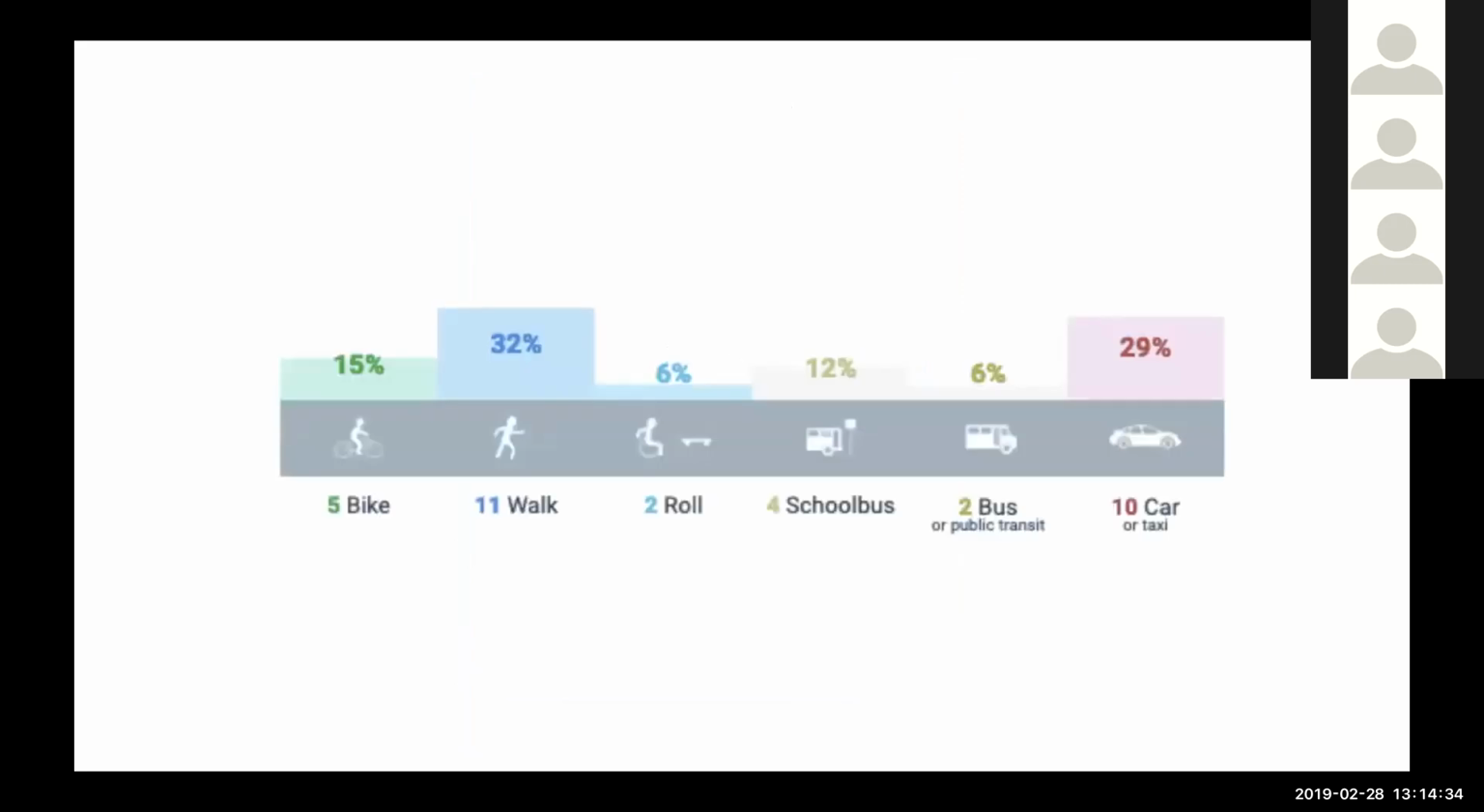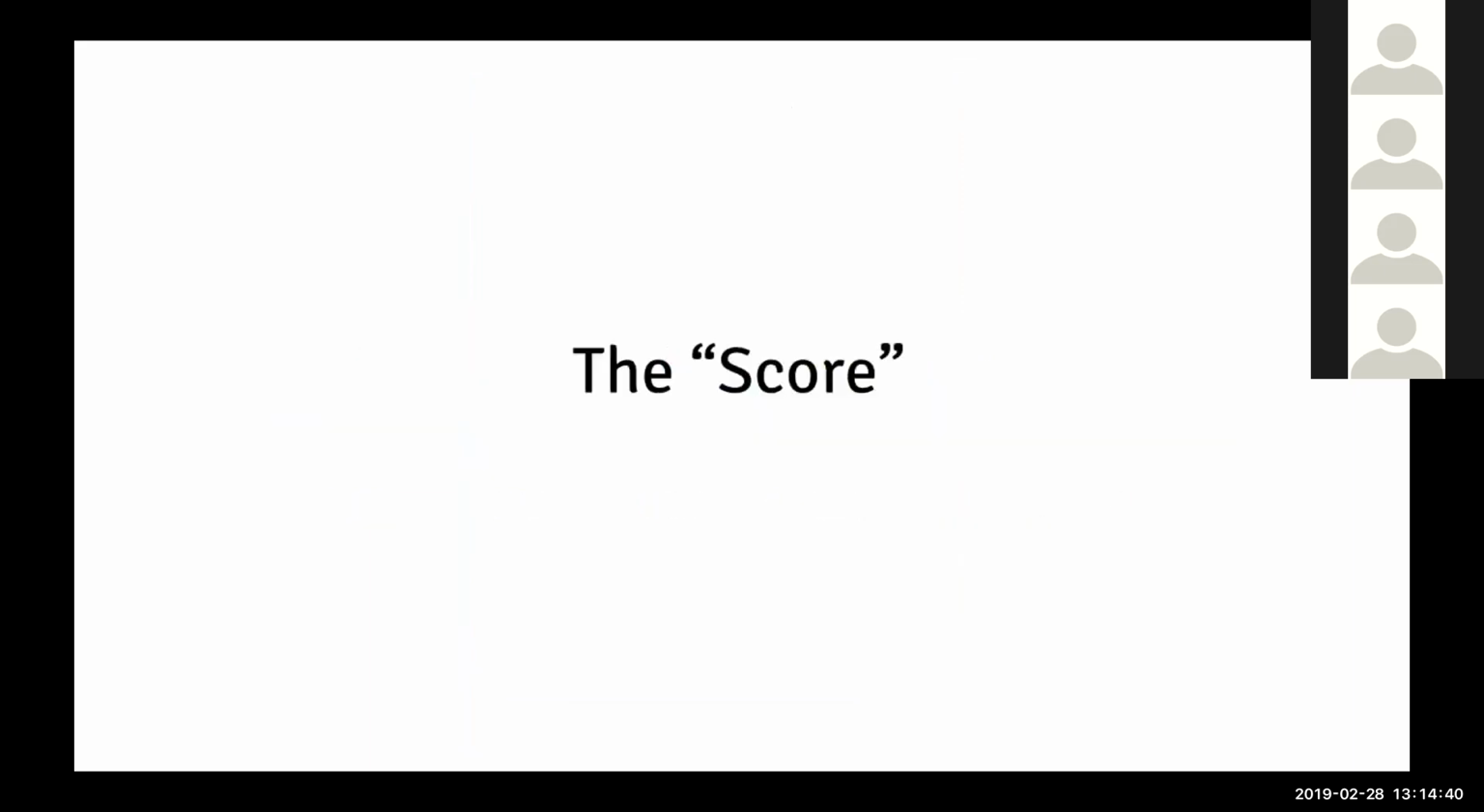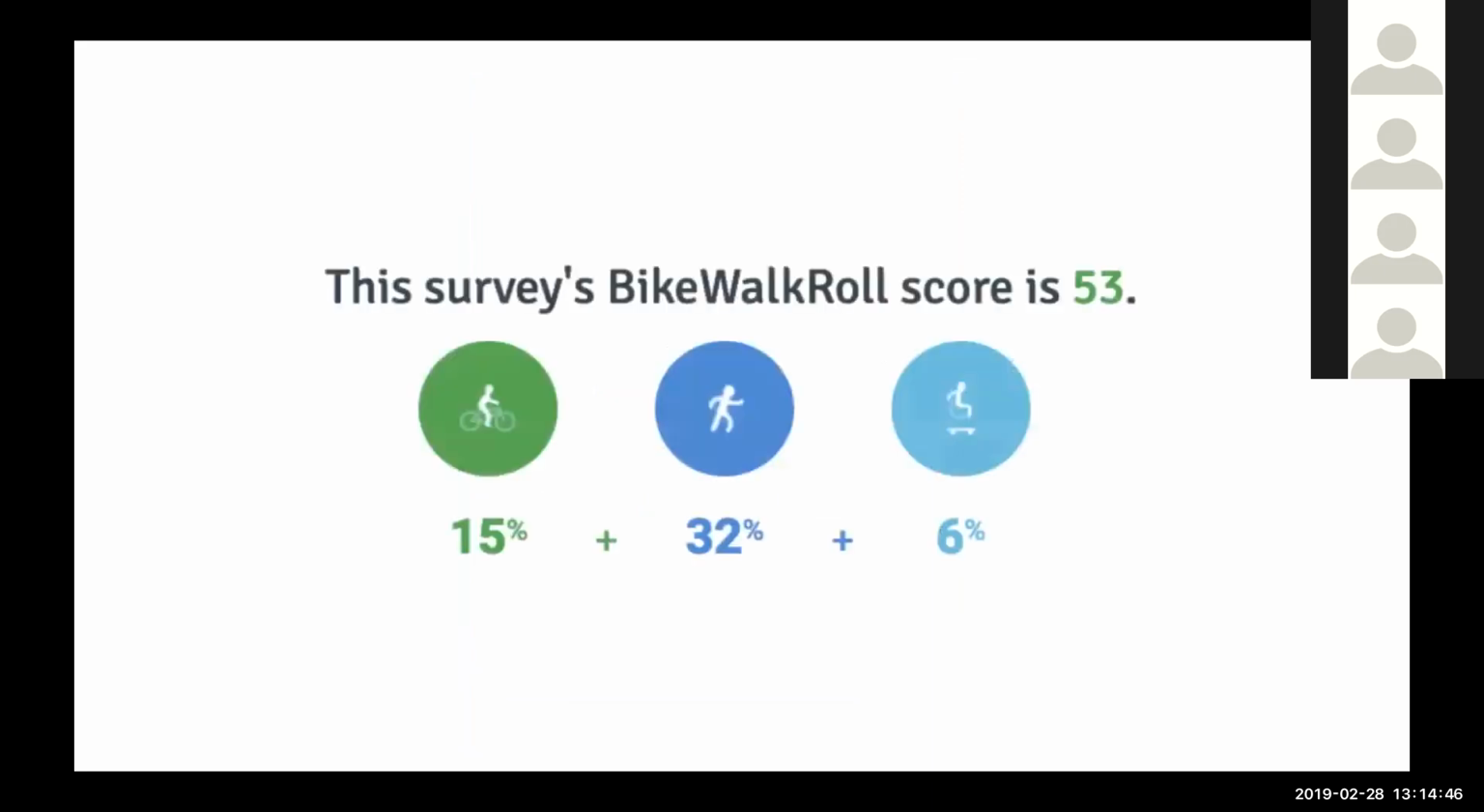The results come in like this. So it shows you the number of people, and it shows you the percentage or modal split. And it ends up giving a score. The score is what makes it easy to cross-compare different schools. And one of the things that BikeWalkRoll is built on is sort of a sense of competitiveness,